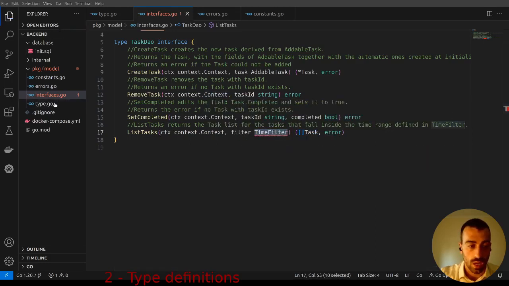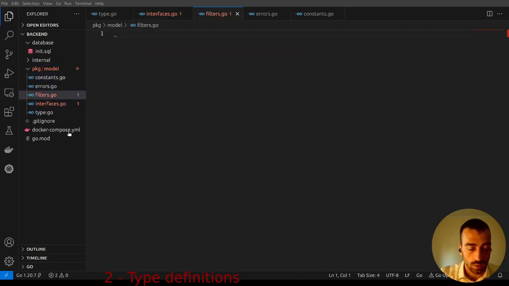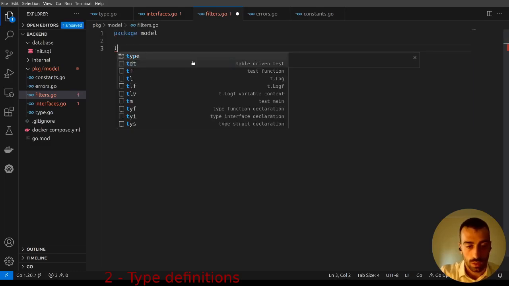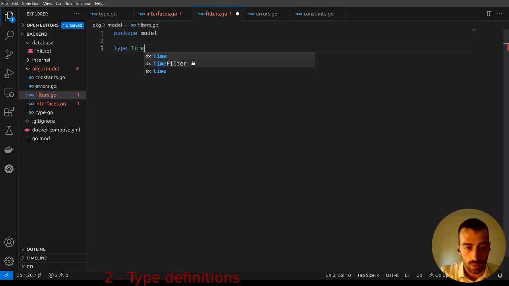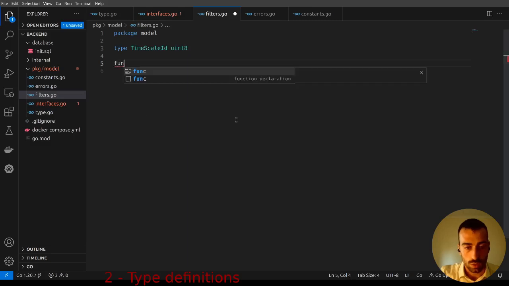We could define this in type, but I prefer to define this in the model, in the other folder, filters, I guess. And in filters, we need to define a time scale. Where's the package? We need to define a TimescaleID with uppercase because we are going to use this in the generators, which are going to live outside of the package model. And then we always want a validate